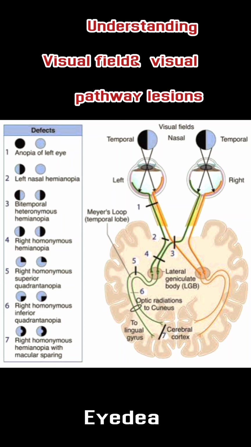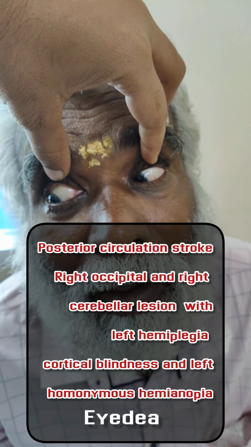Temporal field loss in both eyes is bitemporal hemianopia. Left side temporal loss with right side nasal loss is left homonymous hemianopia. Right side temporal loss with left side nasal loss is right homonymous hemianopia. Superior quadrantopia is pie in the roof, inferior quadrantopia is pie in the floor, and homonymous hemianopia with macular sparing